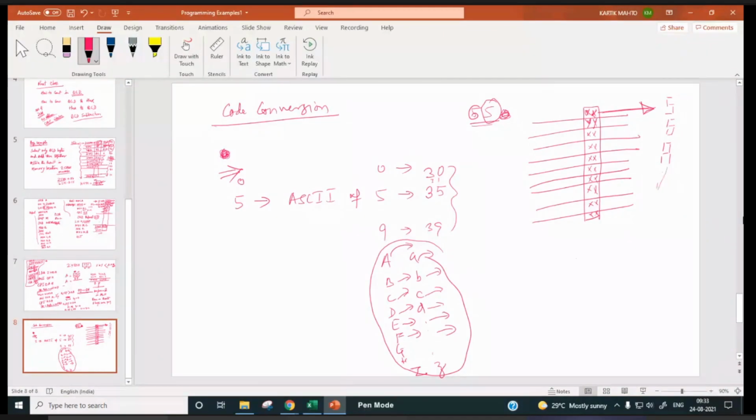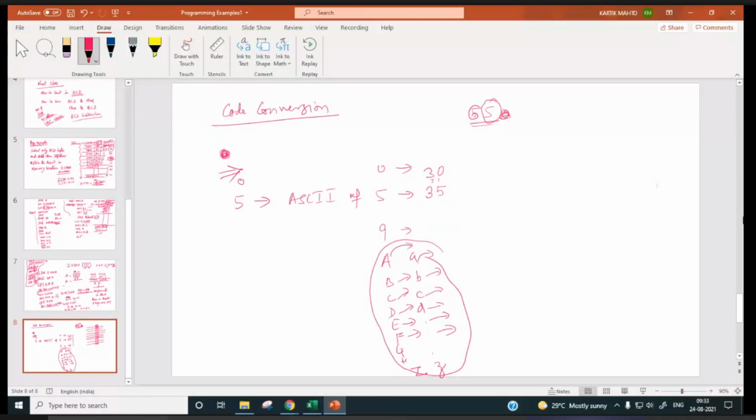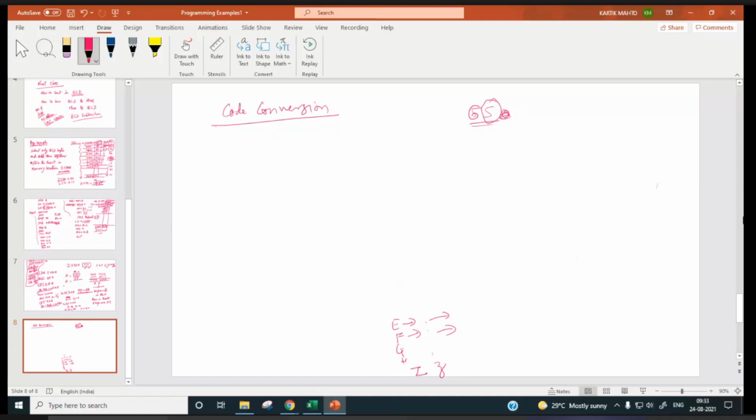Right. In many cases, suppose data is in BCD form, then you may need to convert that one to hexadecimal value. Why?